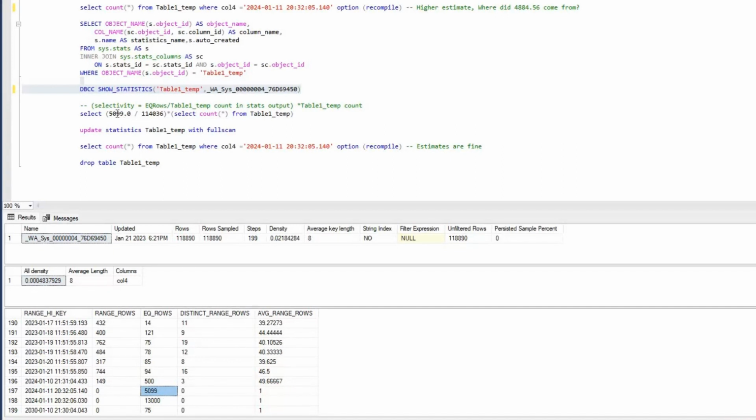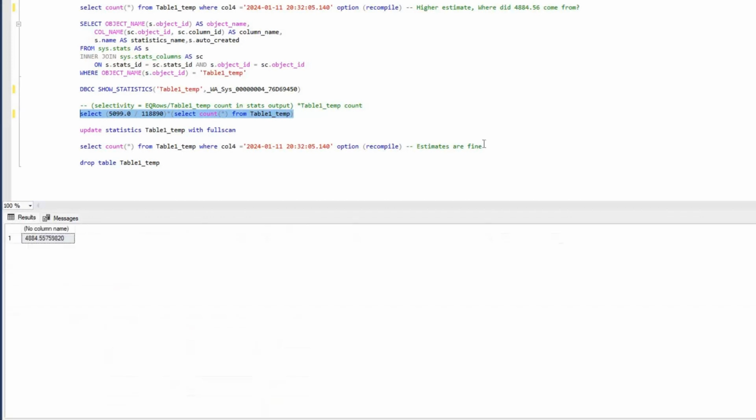So what I'm going to do is divide the number of rows that passes through this particular table using this predicate, divided by the total number of rows present on this table. Whatever value I get will result in the selectivity. Then I will multiply that selectivity value with the number of rows present on the table. So let's execute that. And the resultant value is